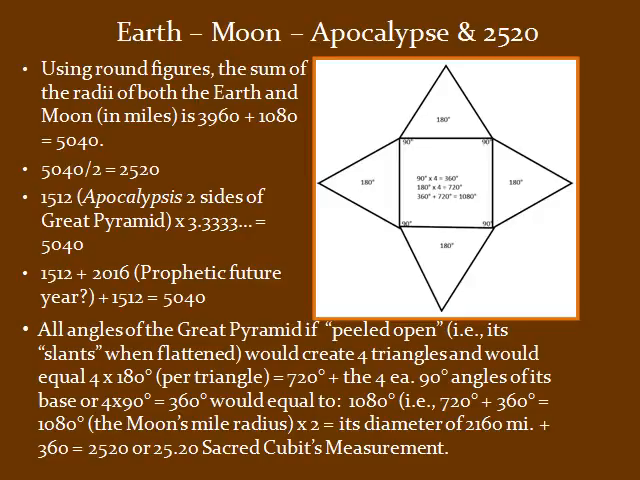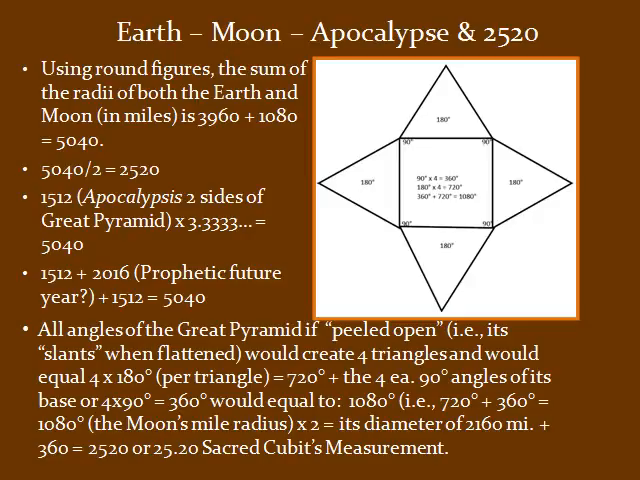1,520, which is combined two sides at the base of the Great Pyramid, will equal the gematria of the Greek word apocalypsis, times 3.3333 will equal 5,040. 1,512 plus 2016, prophetic future possible year, plus 1,512 will equal 5,040. Now, all the angles of the Great Pyramid, if peeled open, that is, its slants, when